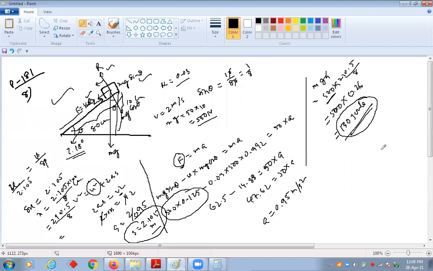Arman was marked absent today. Okay, I'll make you present, no problem. They have 131 and you wrote 130. Actually, we have taken some of the figures more. They have taken more of the figures. We took only the point after 26. If I take another digit, then it will be increased by 1. So both are correct. I have taken up to 2 digits. You should take up to 2 or 3 decimal points.